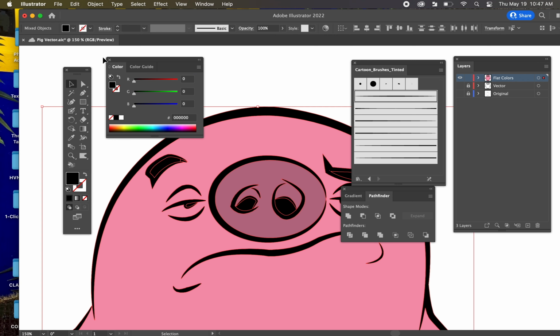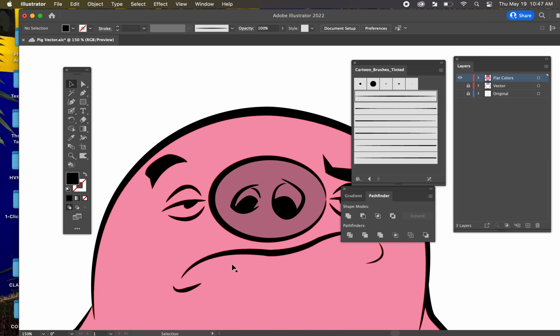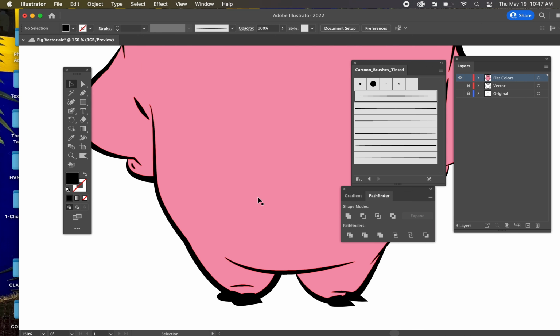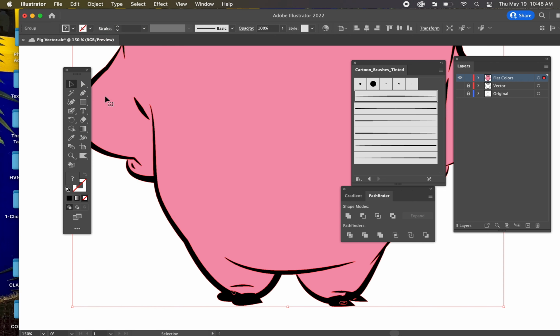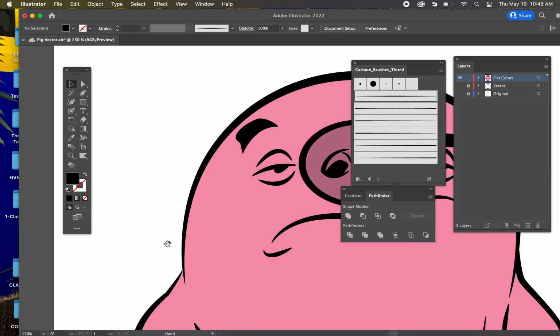Okay. As is often the case, it was just a matter of expanding. I selected all of them, and we had to go to expand, and we needed to make sure that the fill and the strokes were expanded. And then I was able to use the magic wand, just click on the black areas, the stroked areas,